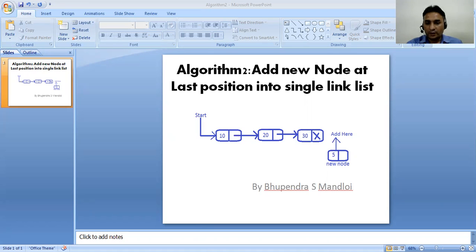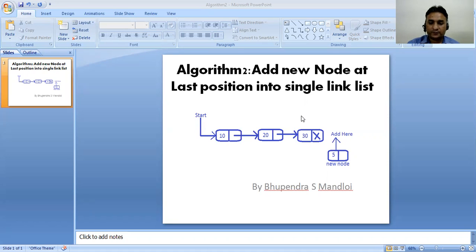So in this case, we will face two possibilities or two conditions. First condition will be if the linked list is completely empty, then we have to add the new node at last position.